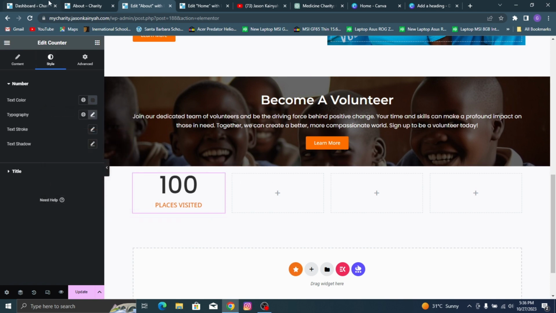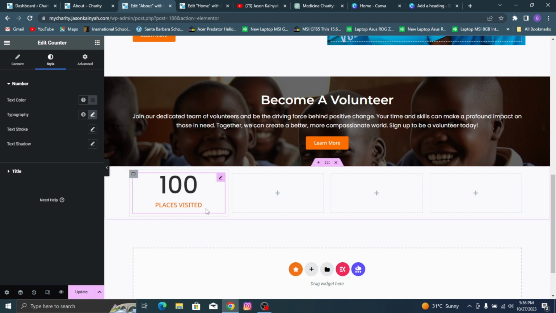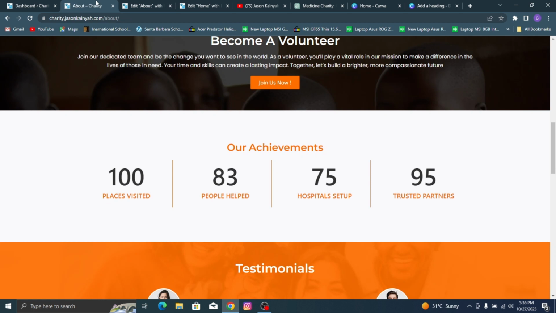So now that we have the places visited ready, we are going to wait, hold on. The title, the typography is Poppins. It's not Noto Sans, sorry, it's Poppins rather. This is it. So now if you go back here, we'll see that there is this sort of orange line